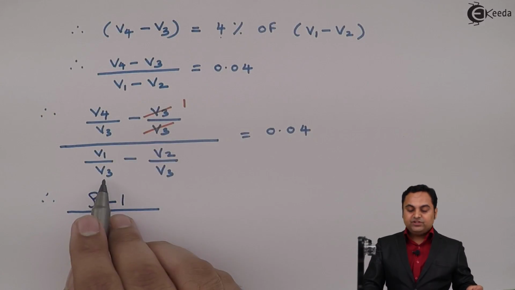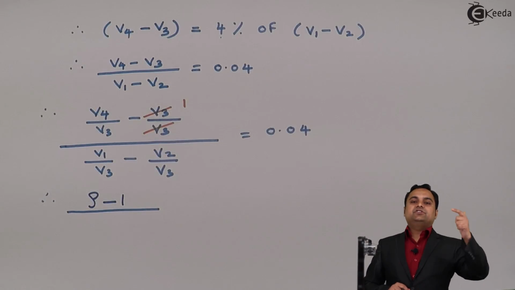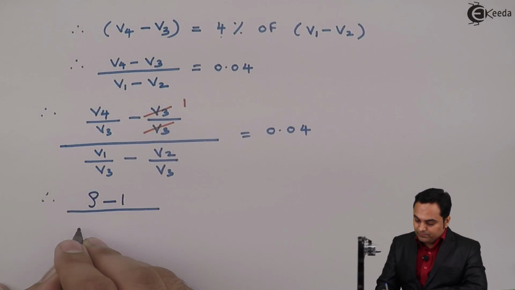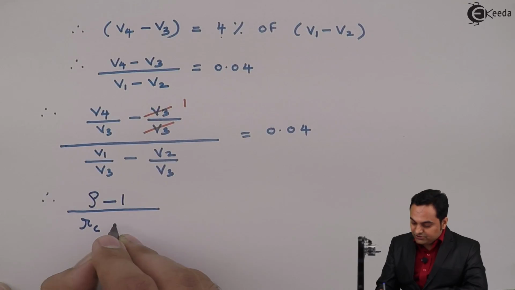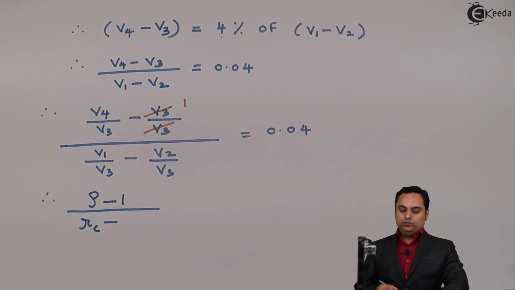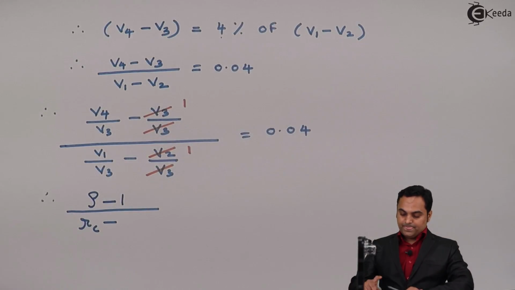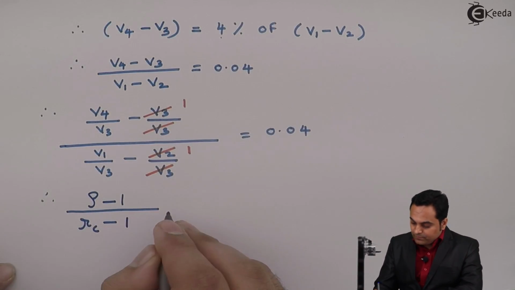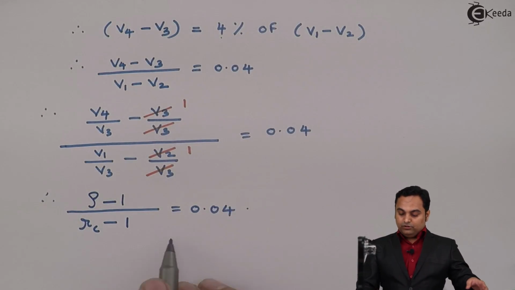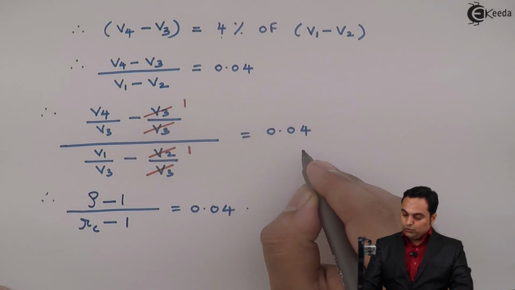So if we replace V3 with V2, it will become V1 by V2, and V1 by V2 is cylinder volume upon clearance volume, that is compression ratio. So this will be r suffix c, compression ratio, minus V2 by V3. Again, as V2 is equal to V3, we can cancel them out and here 1 remains, minus 1 is equal to 0.04. Now from this we can get the value of rho, and here I'll explain this rho,